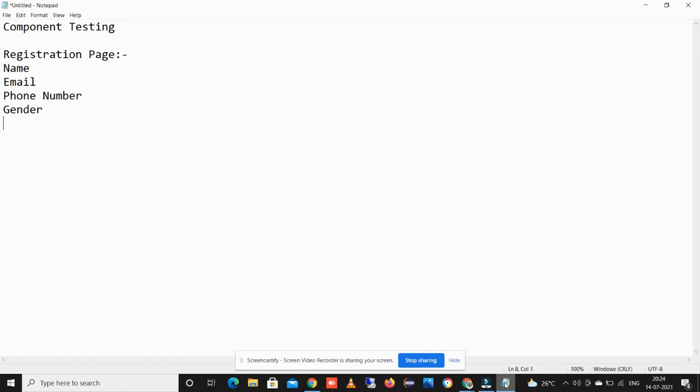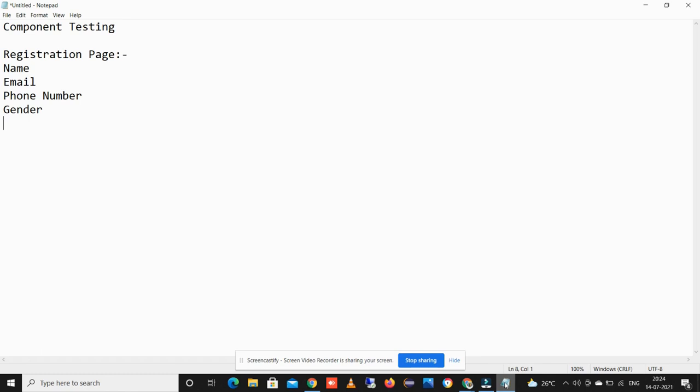For example, in the mobile number field, it only expects a 10-digit mobile number. According to component testing, we test the mobile number text field. As the tester, I will test the mobile number field, and if it only expects 10 digits, then I can mark it as a pass. And as a tester, we need to test that it should not accept less than 10 digits or more than 10 digits. For component testing, first we need to perform the positive testing, and when the positive testing is done, then we need to proceed with the negative testing.